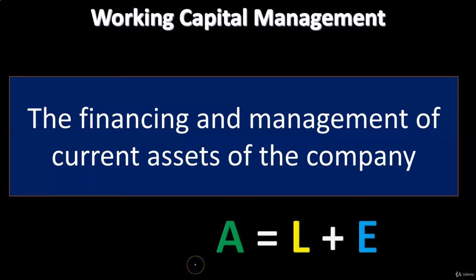Remember that the assets are what the company has. Why does the company have them? In order to help generate revenue, to get a return on the assets. So we need the assets in order to do business, of course. And how do we finance the assets? Either with liabilities or with equity. Third-party liabilities, debt, in other words, or equity, which is the accumulation of revenue over time that's going to be retained in the company, or investments from the owners, such as the issuance of stocks in the case